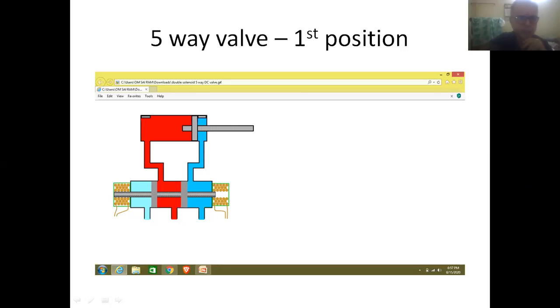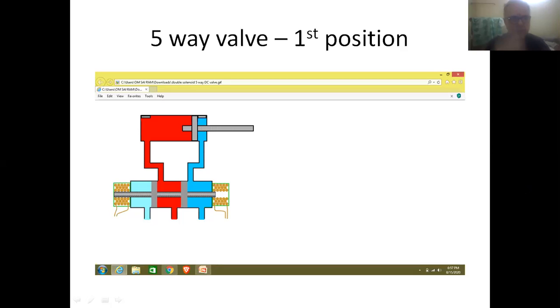This is called the first spool of the DC valve, and this is called the second spool of the DC valve. And just like other DC valves, one spool rod is used for connecting both the elements. The left end of the spool rod is fitted to the first spool, and the right end is fitted to the second spool of the DC valve.